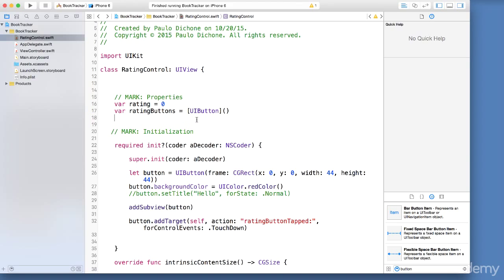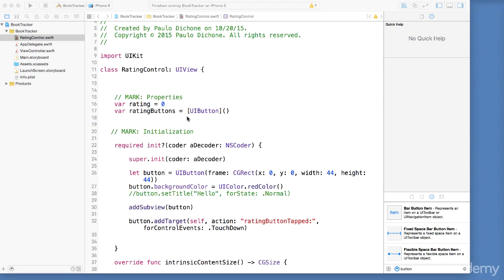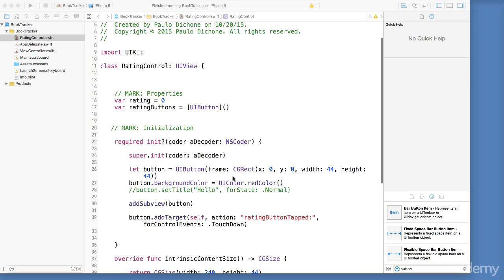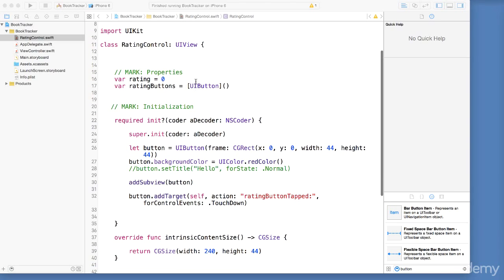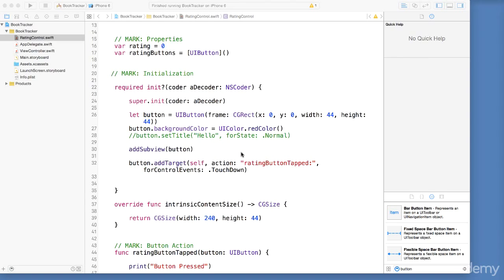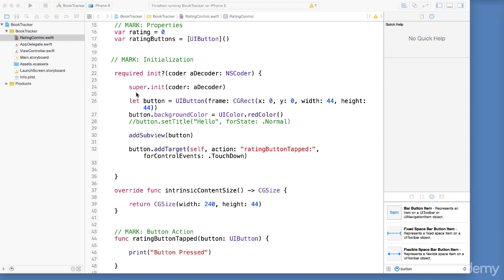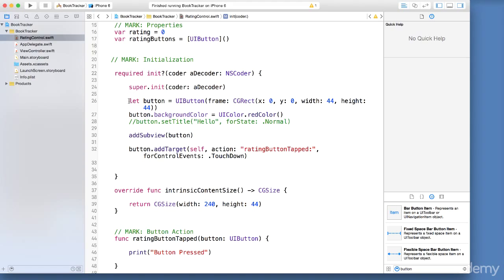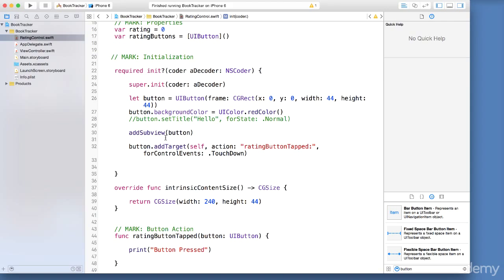There we go. The other reason we're creating an array of buttons is that this will allow us to use a for loop and dynamically create all of these buttons. So it's easier to put everything into an array. That way we are able to iterate through the array while we create the buttons. Now let's say to create our 5 buttons, well, we know how to create buttons here, don't we? Right? Because we said let button and we create buttons, and we even added a color in the background. So we know how to create a button and how to even add tap events in our buttons.